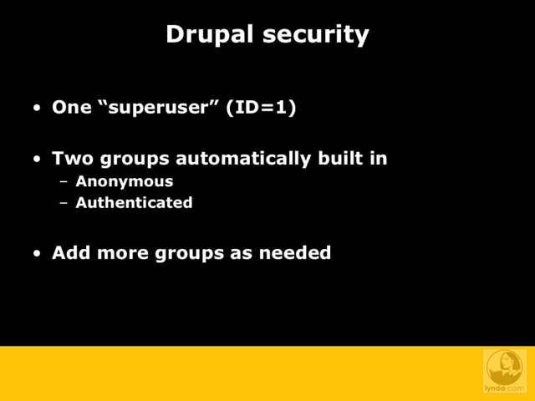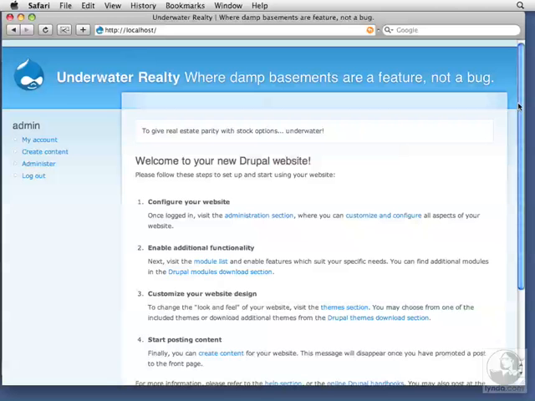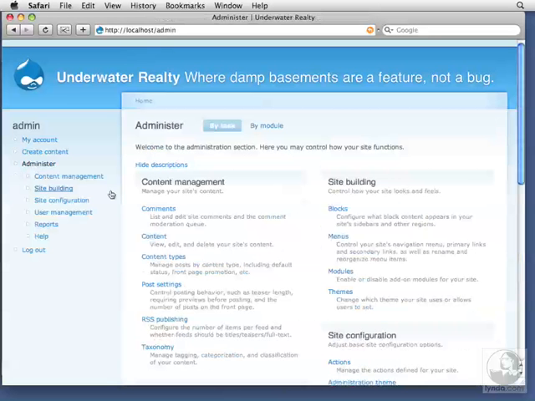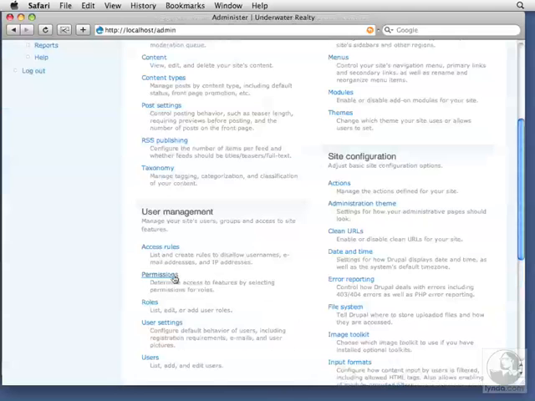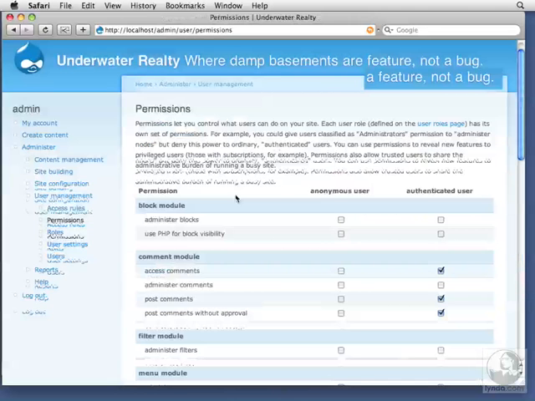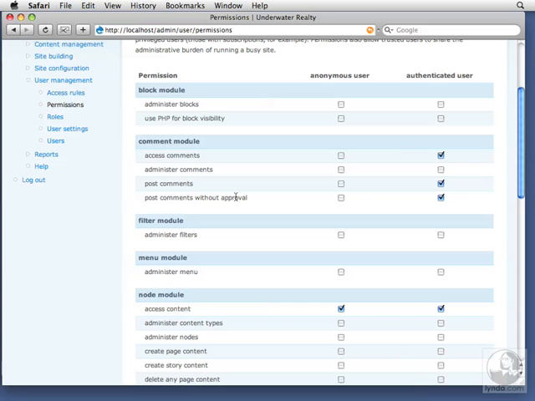There are other ways to control user access. Most important, however, is the Permissions Administration screen. You get to that screen by going to Administer, and then scrolling down to Permissions. Here you see all of the different kinds of permissions that you can set. Each one of these lines is a different sort of permission, and each one of the columns is a different sort of user. As you can see, you have your 2 built-in users here, anonymous, who have not signed in,